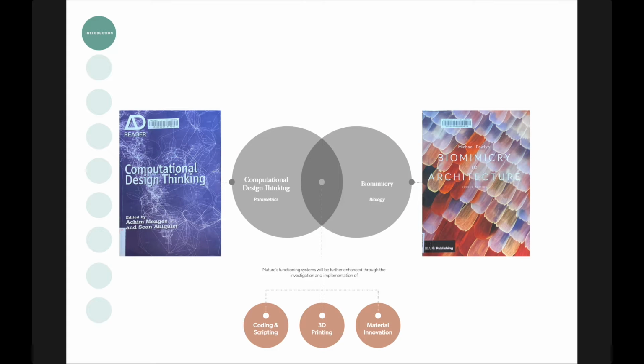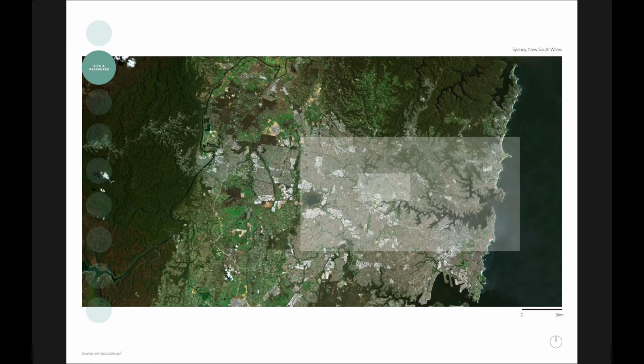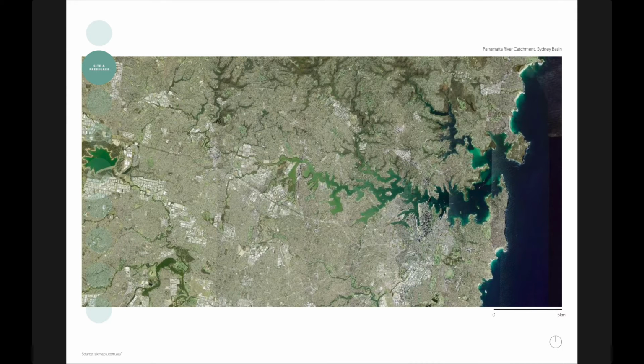This project will investigate the relationship between biology and computational design thinking as a tool to drive the design of a regenerative architectural solution, focusing on coding and scripting, 3D printing, and material innovation. I'll start by introducing the site, Sydney Olympic Park, located along the Parramatta River catchment with a strong relationship with